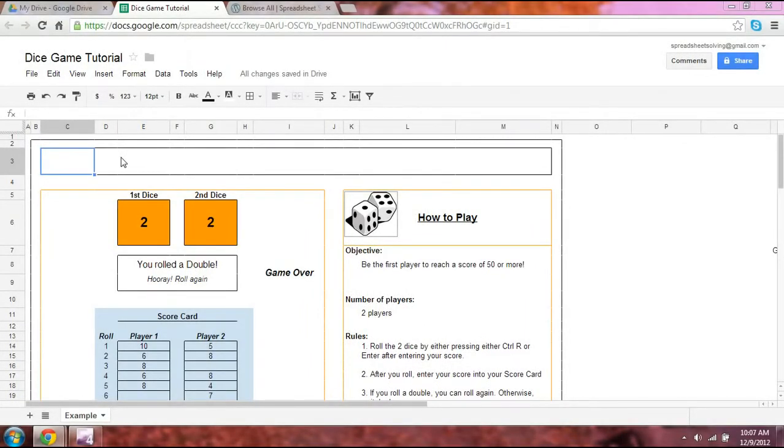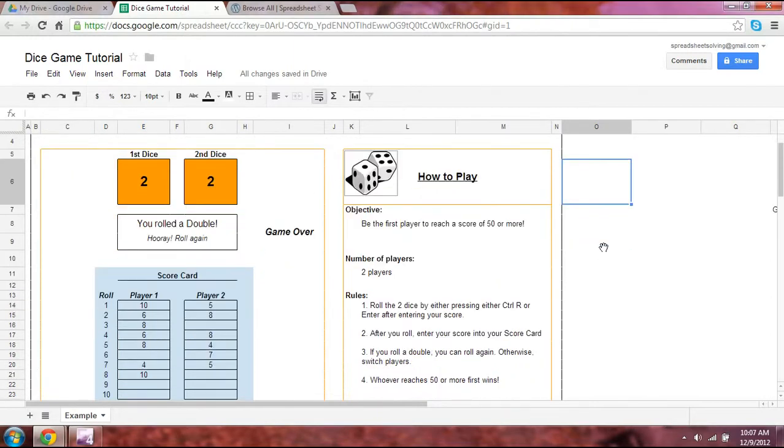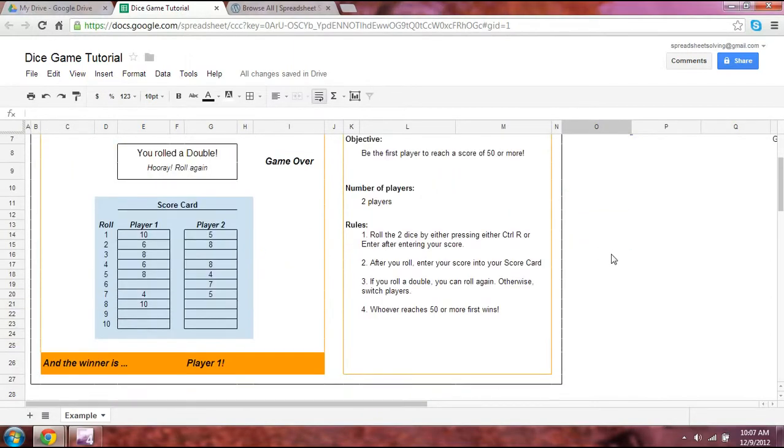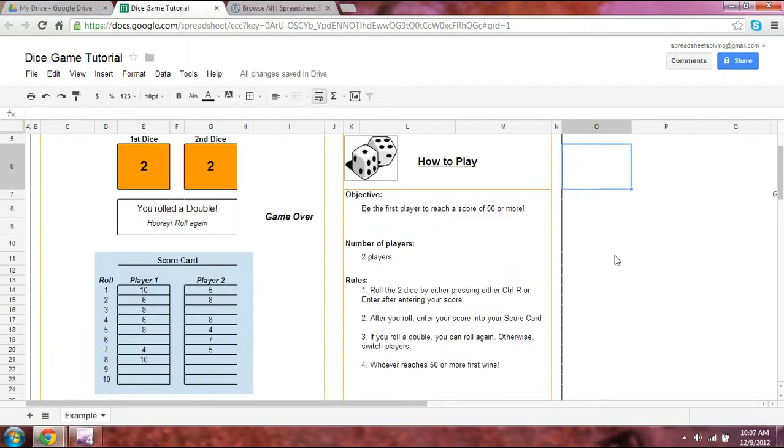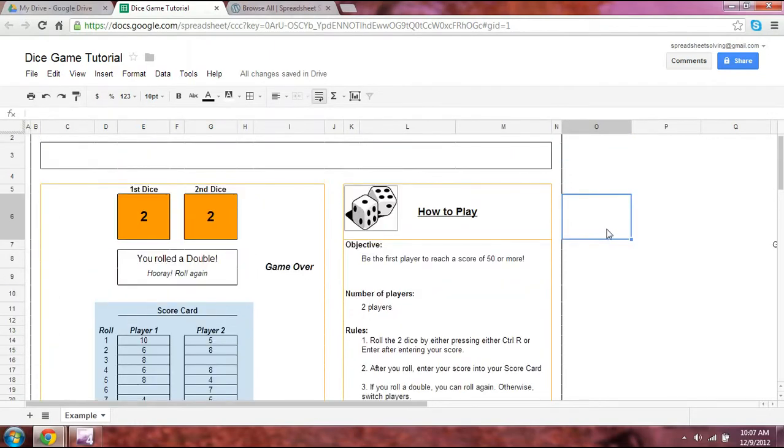Now in this case, we'd like to show you a really neat formatting concept called merging. We're going to show you this example using our dice game. If you haven't seen this, feel free to check out how this game works under our Apps and Tools section in our website